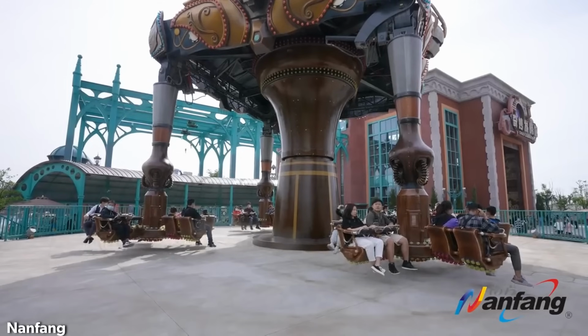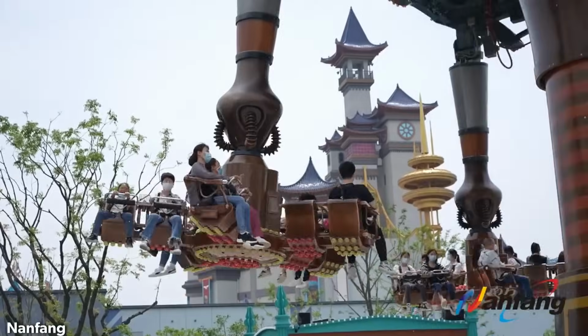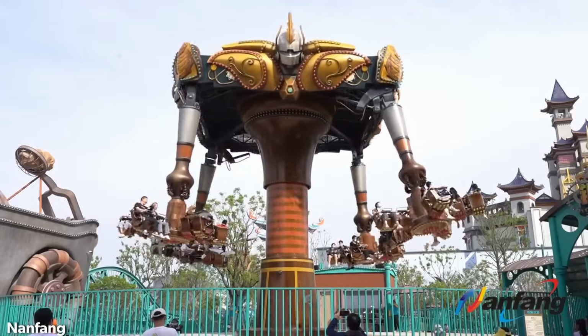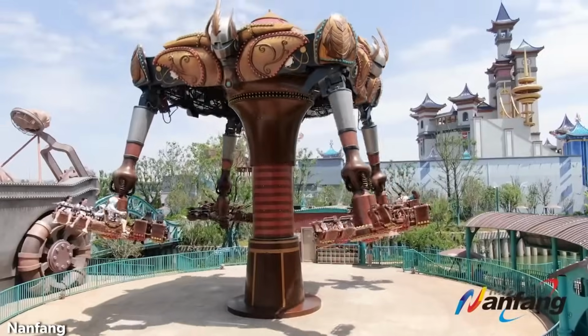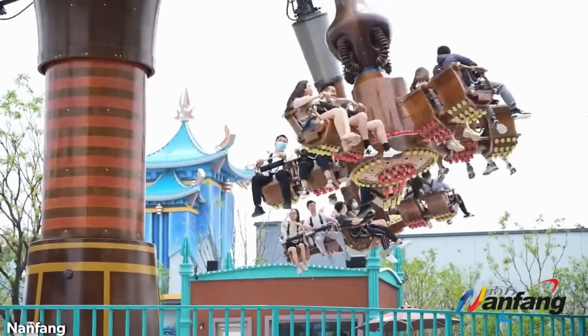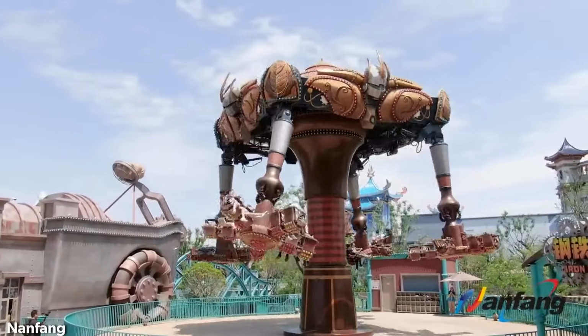Nanfang's version is called the Fashionable Flyer and debuted in the 2010s. This version is smaller than the Swinger at only 25 feet tall and offers what appears to be a tamer ride experience. While the Fashionable Flyer free swings, each pendulum follows a similar swinging pattern, without any forced movement. The center rotation does not appear to change speed during the cycle, resulting in a more consistent but less thrilling